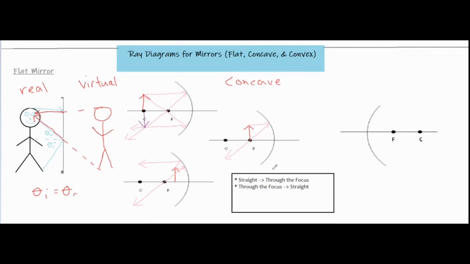So our general rules of thumb: if we go straight like this, then we're going to bend through the focus. And if we go through the focus, then it's going to reflect straight. If we reflect away from the center, it's going to try to bend it towards the middle a little bit, and then it just comes out straight. So it looks like the light rays are going to be intersecting at this point over here, and we are going to get an image that's considered real